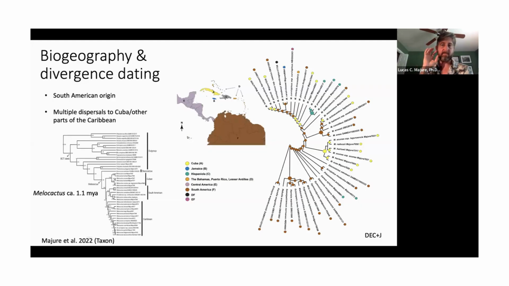So what this is showing is that Melocactus has arrived in the Antilles multiple times, which is not a huge surprise given the type of fruit they are. They are bird dispersed to some degree as well. And so if you had long distance dispersal by birds, you would expect to see this type of pattern. And we do see this in other groups of Caribbean plants that have berry fruit. Oftentimes there have been multiple dispersals of those groups into the Antilles.